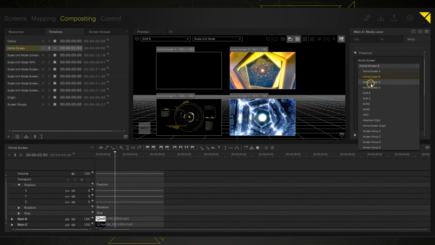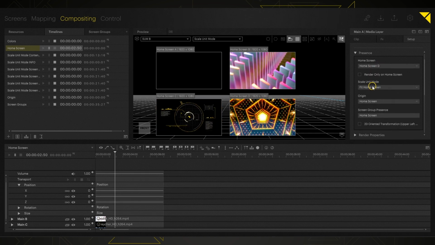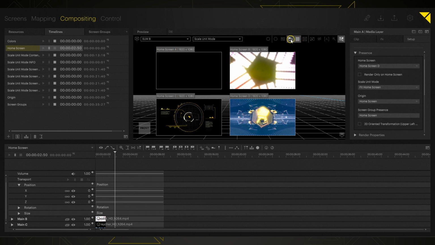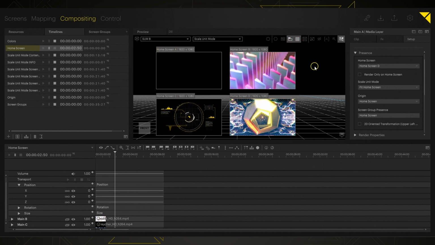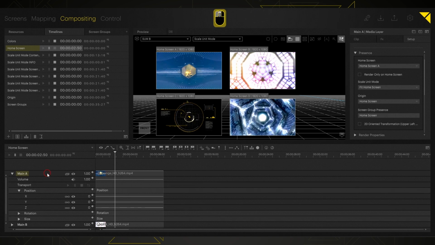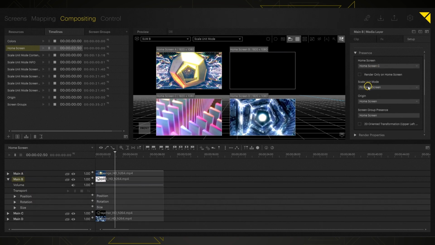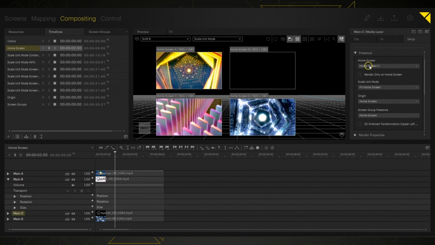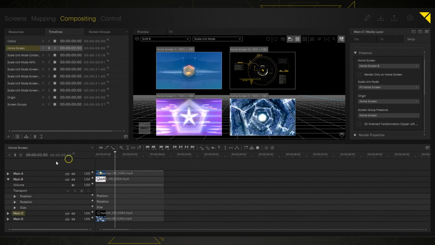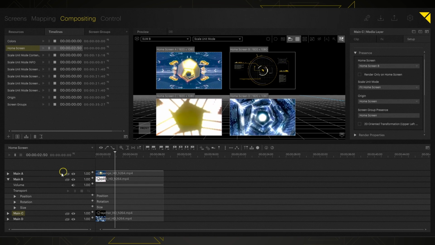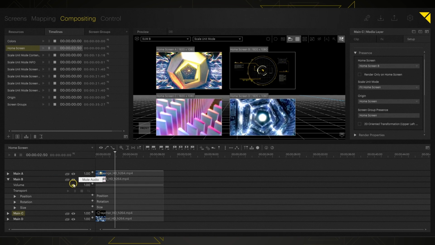So home screen B, home screen C, home screen D, and we can see these labels here. I've just turned this label tool on. Now I can do that with any of the layers here. So I could grab main B and I could put that on a different home screen. I could take main C, put that over on main B, right? So in this way, we can change home screens up really easily and change up our programming without actually moving